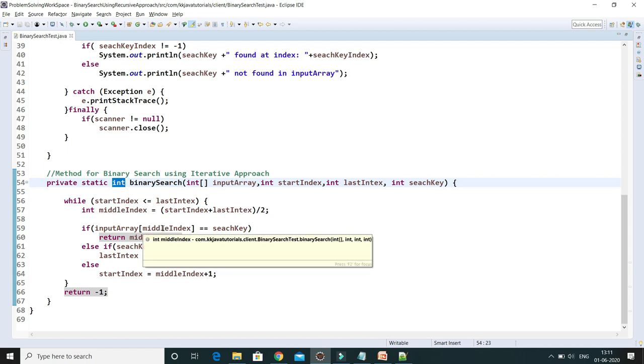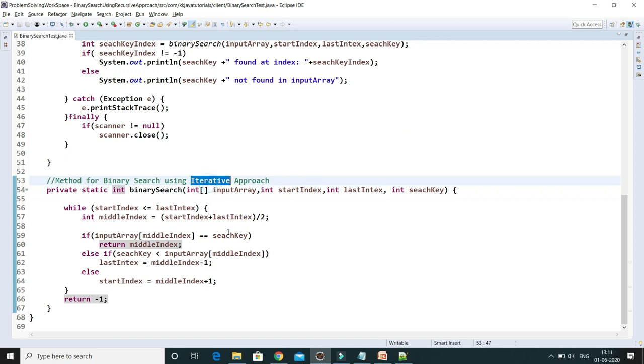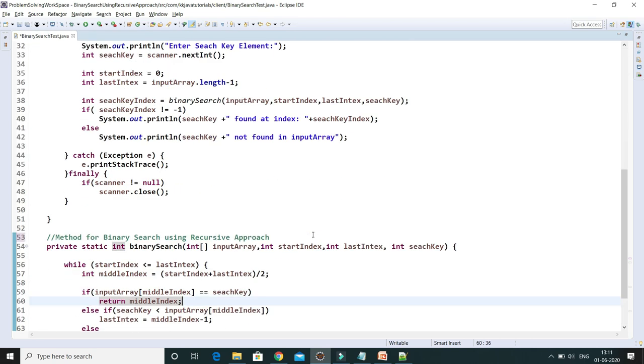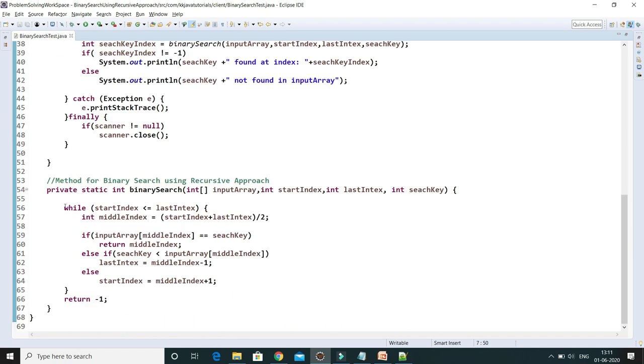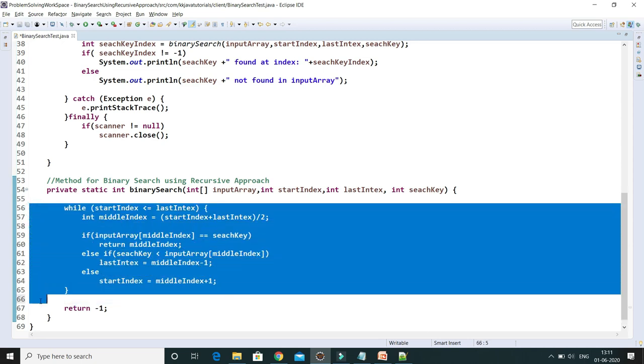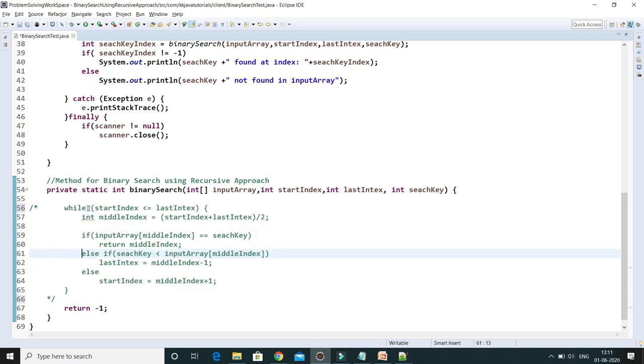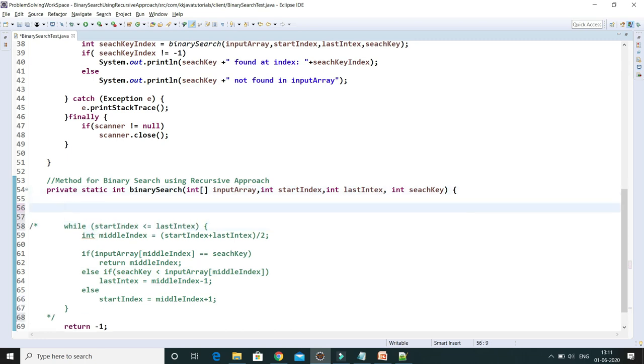Now I have to change this program into a recursive fashion. So let me change this Javadoc. Here it's very easy to convert this program into a recursive fashion. I'm going to comment out this code, and I'm not going to write any kind of loop, but I'll take an if condition.